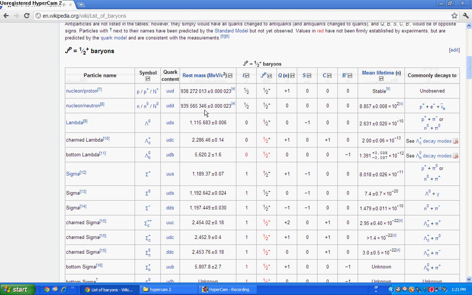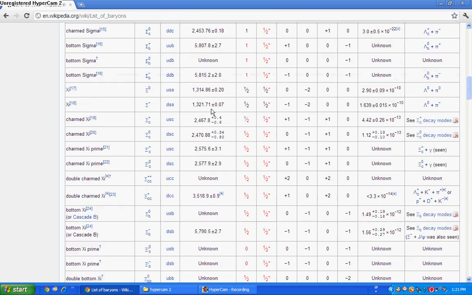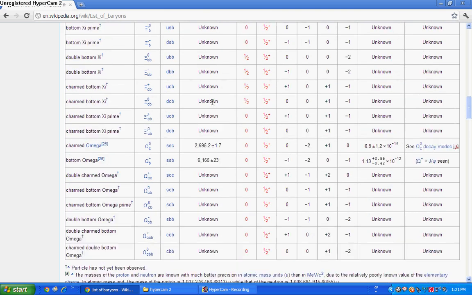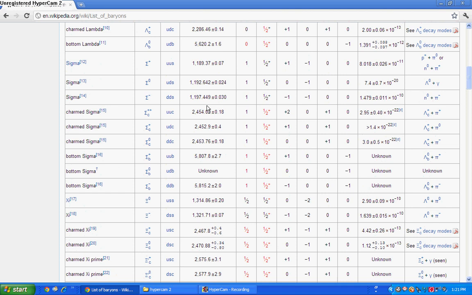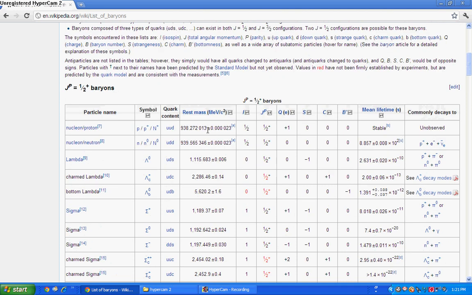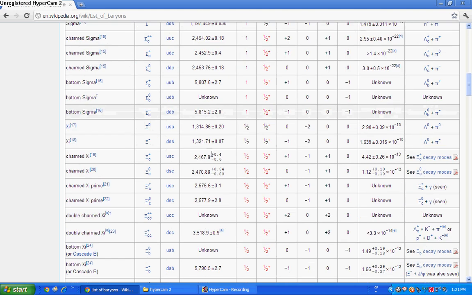Usually things have slightly less than a giga-electron volt of mass, so just look at the masses here. They're all about a giga-electron volt, 2 giga-electron volts, or 1,000 mega-electron volts in mass. So you can get a feel for how heavy a particle is just by looking at that, just as you get a feel for any other unit you're used to. Anyway,